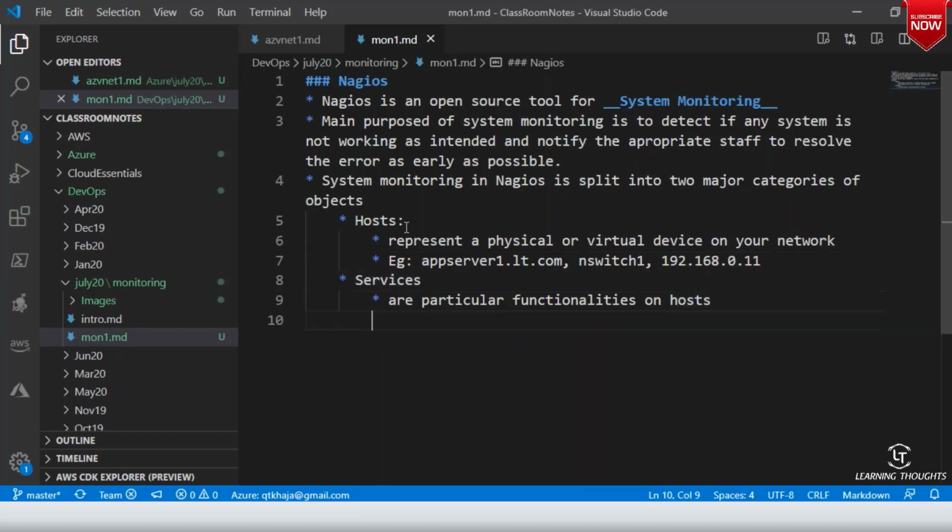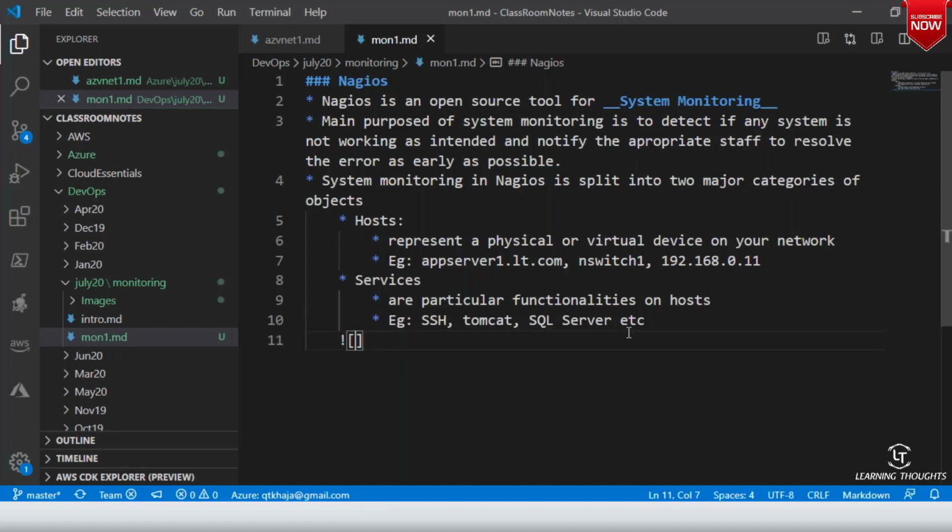But when it comes to services, services could be SSH, services could be Tomcat, services could be SQL server, etc. So services run on hosts. Am I clear on this convention?